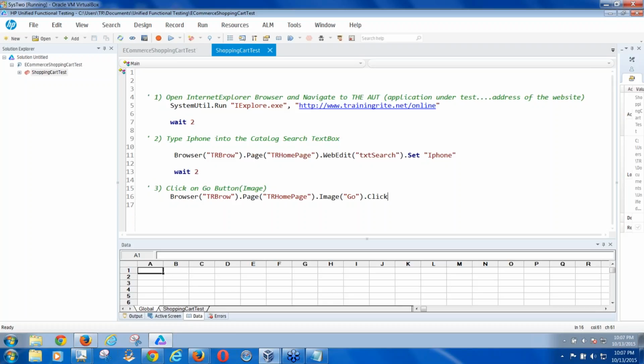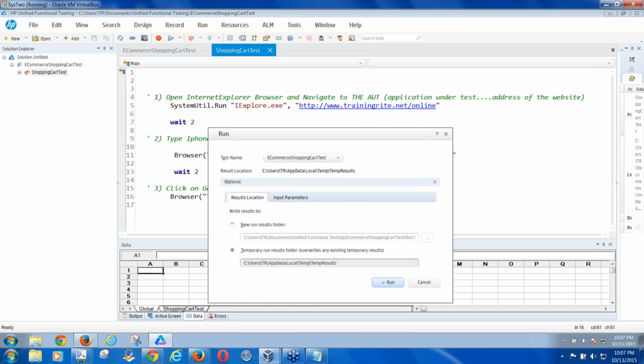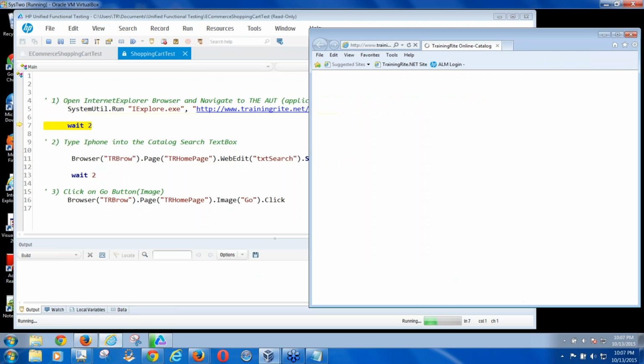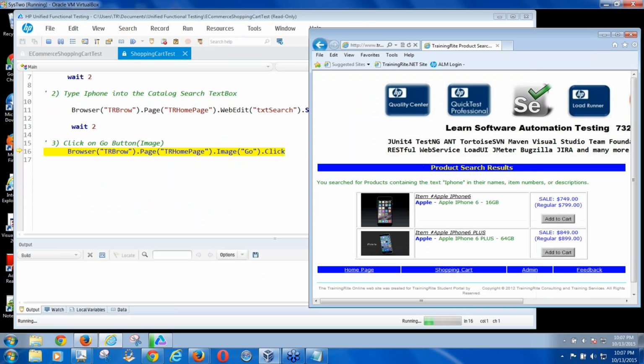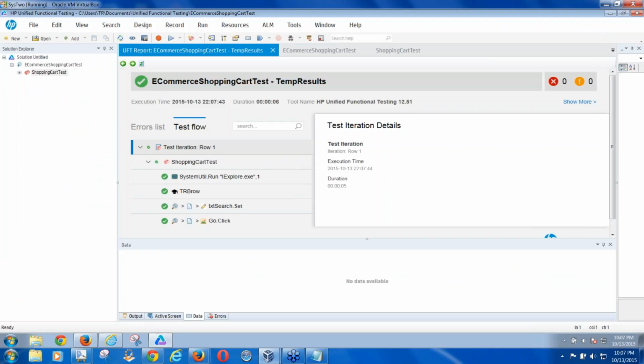Control S to save, F5 to run. Before I run, I got to make sure my browsers are closed, because this is going to open the browser. Here we go. It opens the browser, 1 Mississippi, 2 Mississippi, then iPhone, and then it clicked. Right now you could see that things were happening. So now you are controlling